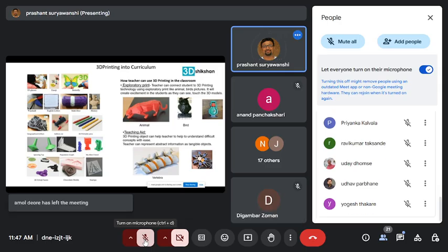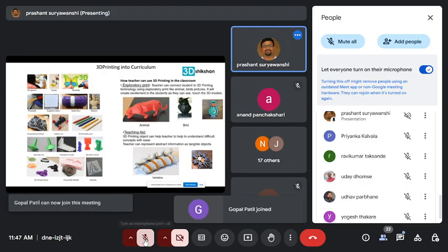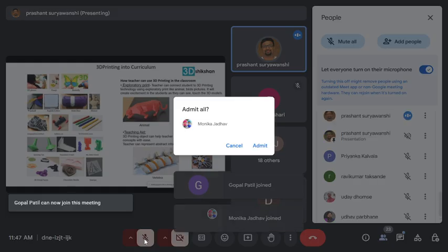So instead of explaining on the backboard, you can simply use this kind of thing, and this is readymade available on the Thingiverse site. So it's not necessary that you have to design everything. You can modify it using Cura or other modeling software, and then you can slice it using the Cura software, and then you can print it.